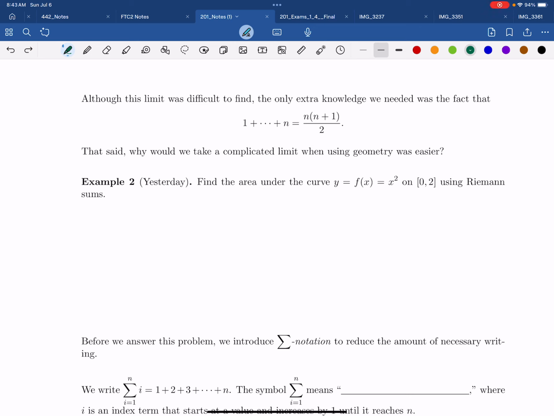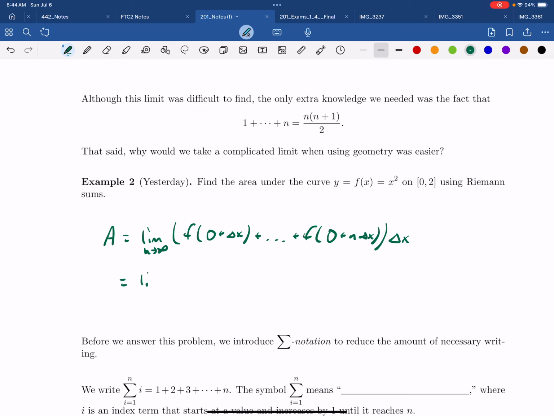Now, remember, before, we looked at the curve y equals x squared, right? Not just mx plus b. How would we do this? Well, if we set it up the same way, it would be area equals a limit as n approaches infinity of, let's see what it would be. It would be, I guess, f of 0 plus delta x plus blah, blah, blah, plus f of 0 plus n delta x times delta x,